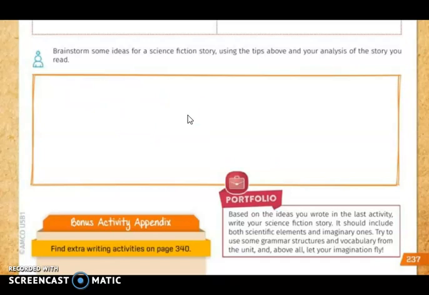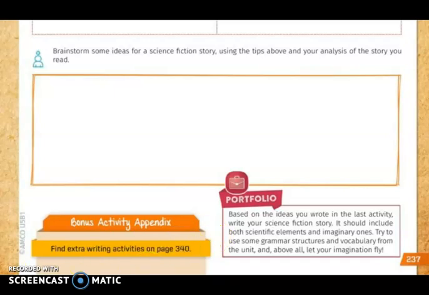When you finish this exercise, you are going to pass to the portfolio activity, and here you base it on the ideas you wrote in the last activity. You have to write your science fiction story. It should include both scientific elements and imaginary ones. Try to use some grammar structures and vocabulary words from the unit, and above all, your imagination. Please, it doesn't have to be a long story. You can make a short story, but you have to include the tips that you already read